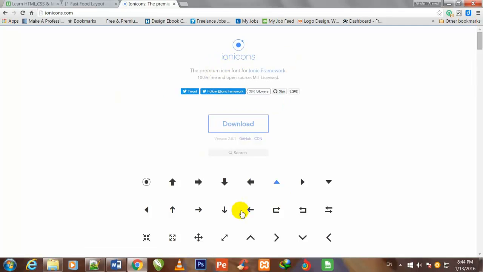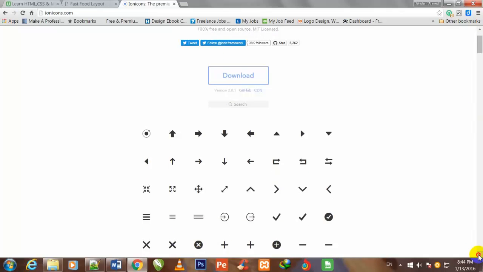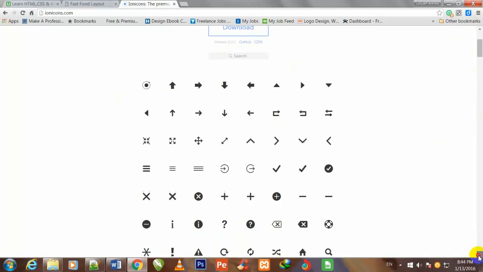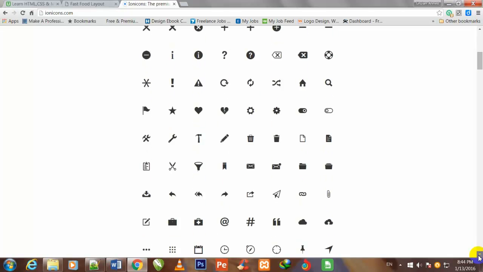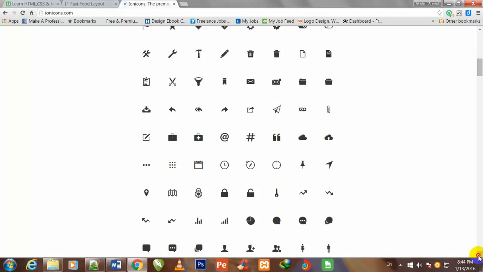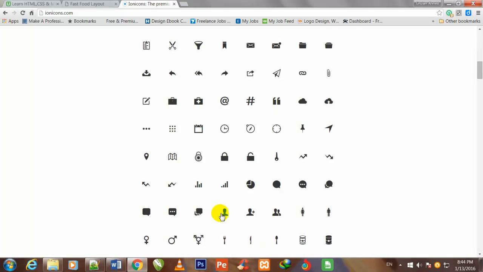In these icons I will select the suitable or matching icon. This icon will be more suitable, so I have copied its name.